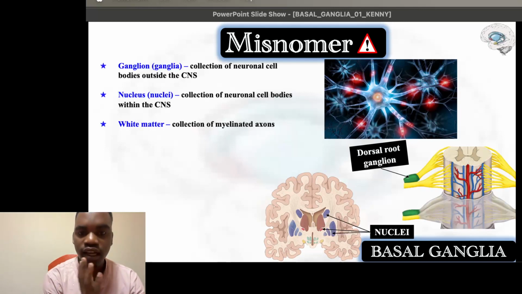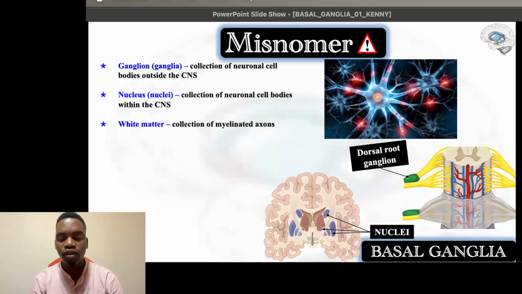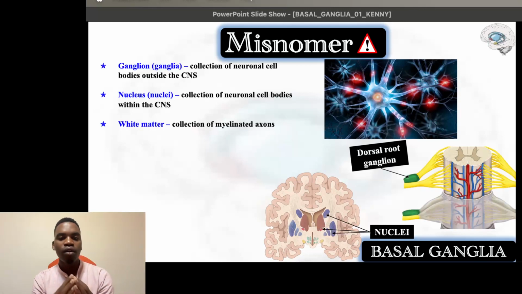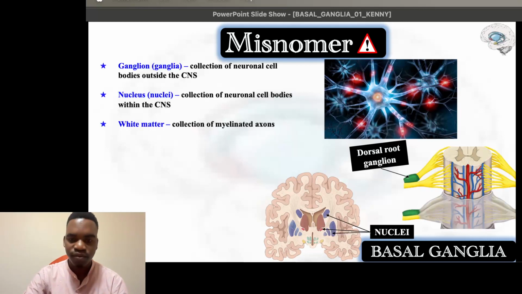Ganglion and the nucleus. So, ganglia and nuclei. There was no distinction, like the older terminology was the ganglion. So whether it was within the central nervous system or outside the central nervous system, the terminology that was used was the ganglion. And then, sometime later, someone was clever enough to understand that there's a difference between the nucleus